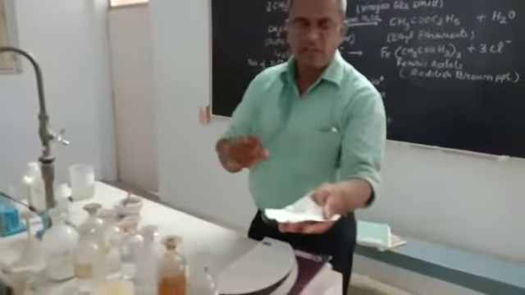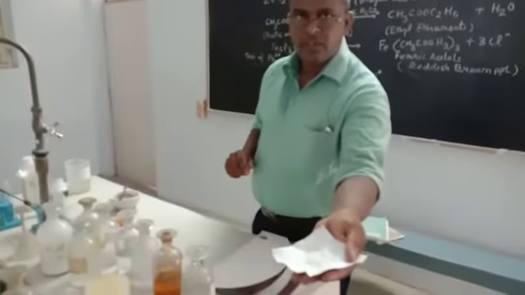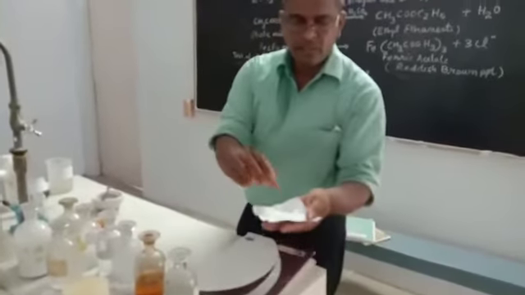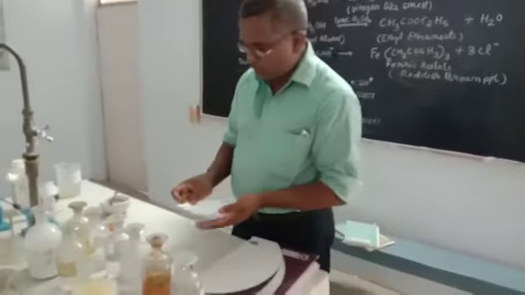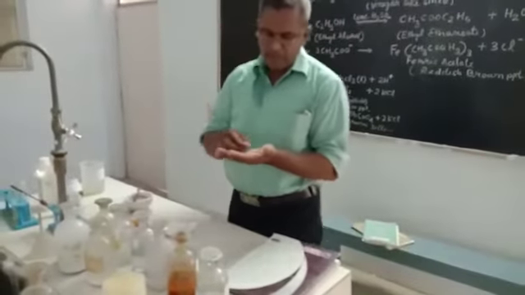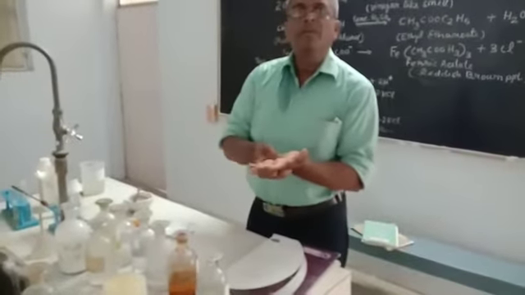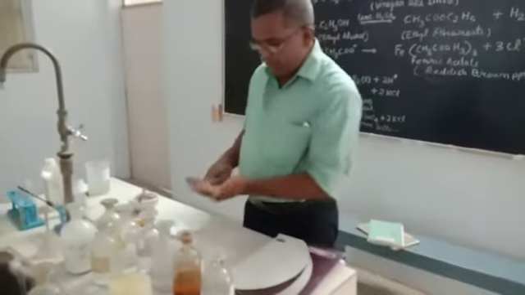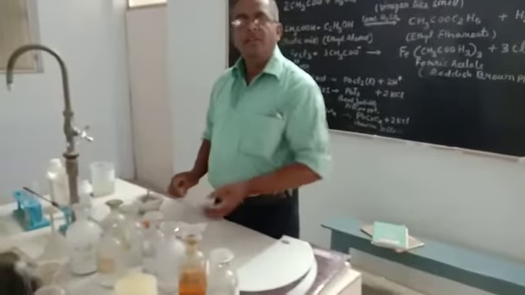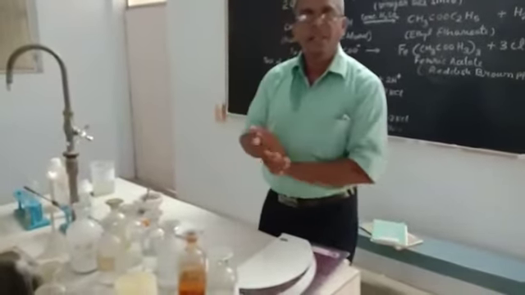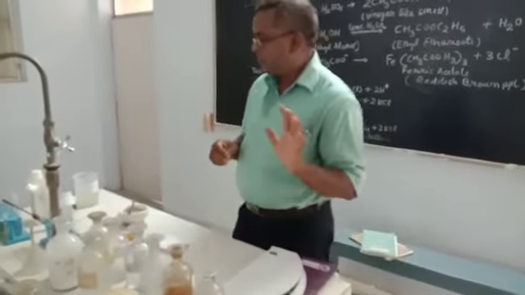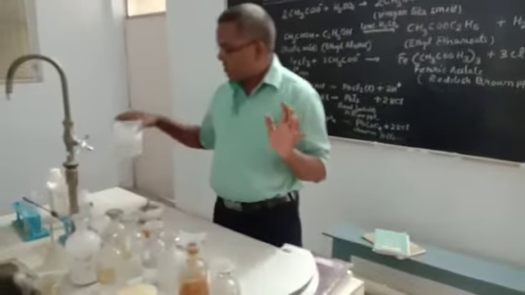This is the salt you can see in the camera. So this is the salt given. First you have to take it in your palm and just rub with your thumb and smell. If there is a vinegar-like smell, it means it may be acetate. Now how many things are required?